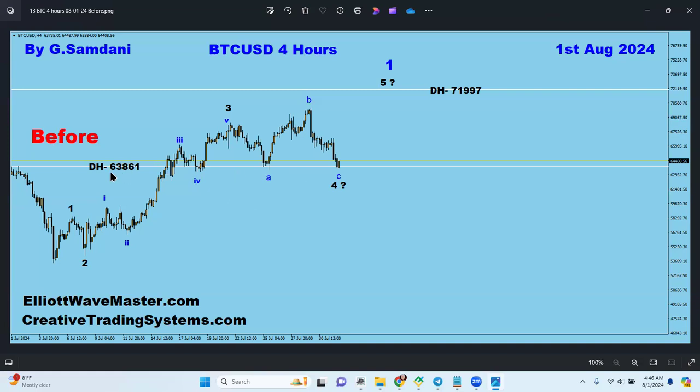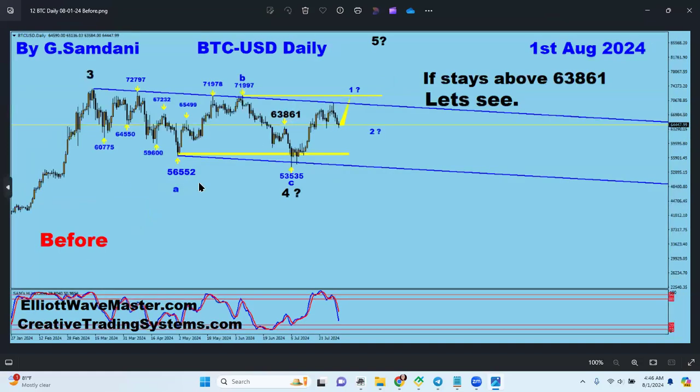Pay very close attention to this level here. Just before that, if we go above 63,861, then the next level we're gonna be going to is 64,550, then 65,500, step by step. Then comes whatever comes, 67,232, and I have to mark a few more. I did mark all of that, but they disappeared. I don't know why. So I'm gonna have to mark them again.